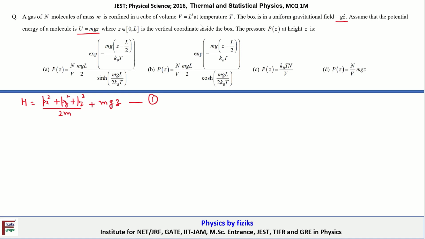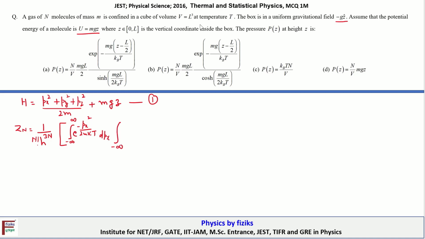So the partition function Z N for N particles is equal to 1 upon h power 3N. Since it's not given what kind of gas molecules they are, in principle we consider the gas molecules to be identical, that is indistinguishable, so we carry a factor of N factorial here also. And then it's the integral from minus infinity to infinity of exponential minus p x square upon 2m k T,